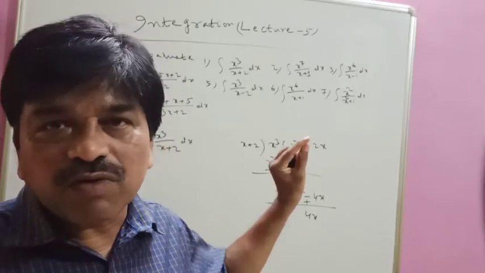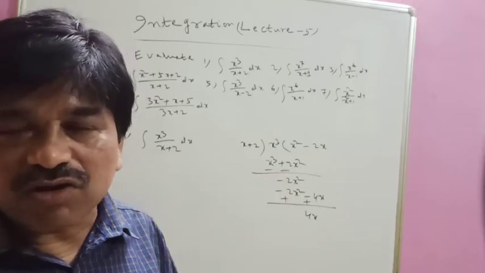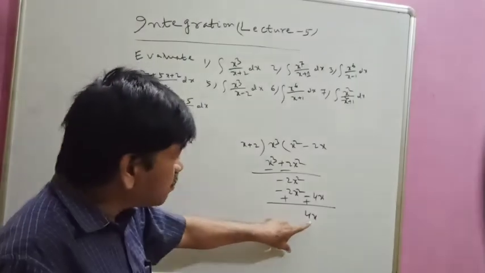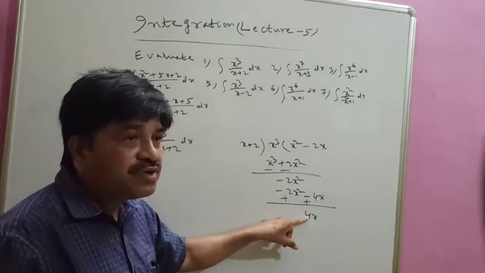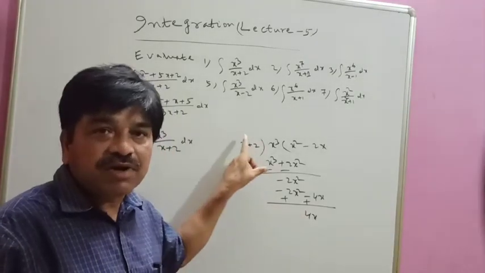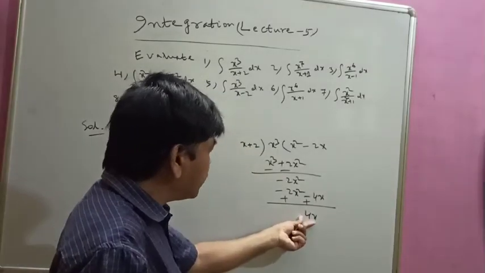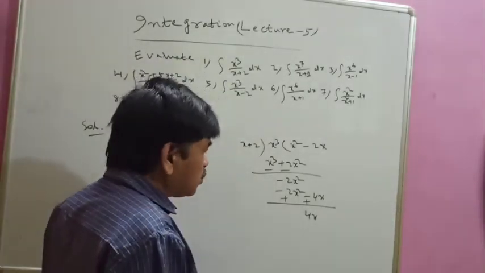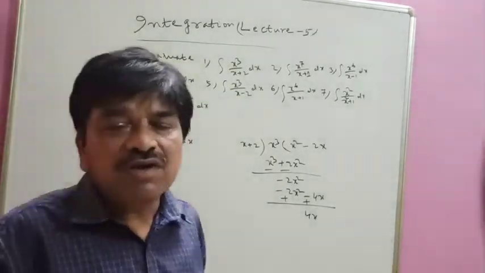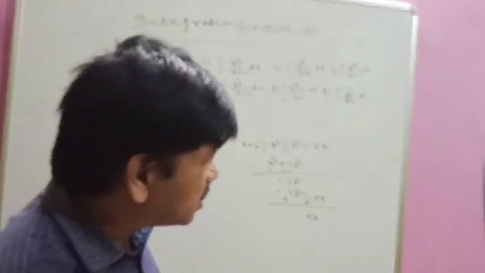You see that concept which I have written in type 1. Please go through that deeply and try to understand that. So now the degree of remainder is 1, and the degree of divisor is 1. But we will continue till the degree of remainder is less than the degree of divisor. So again we have to continue because here it is equal. The degree of the remainder is equal to the degree of divisor, so again we will continue. You will stop when the degree of remainder is less than the degree of divisor. That is a very important point.